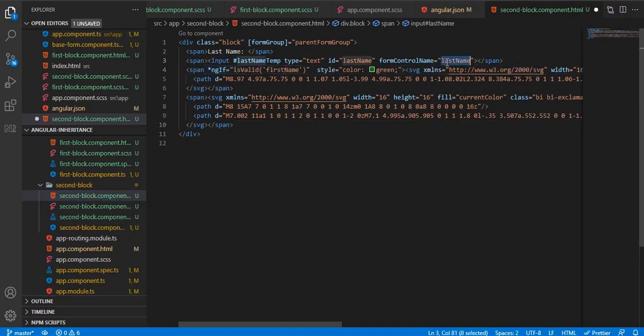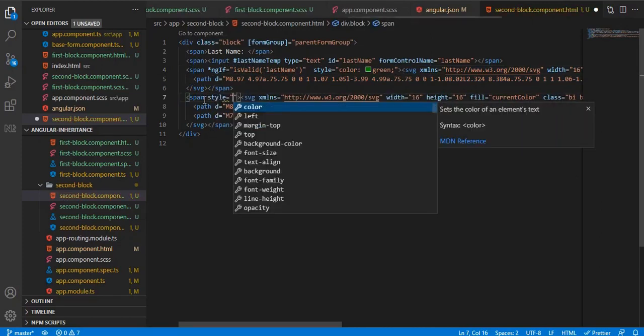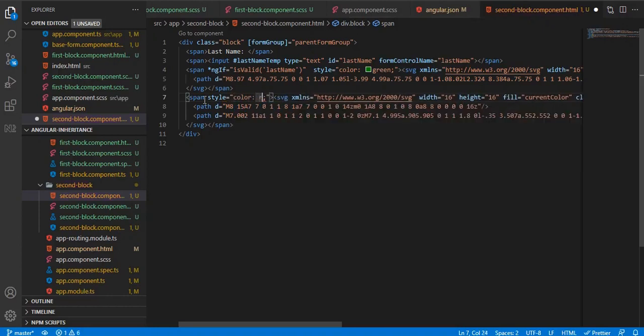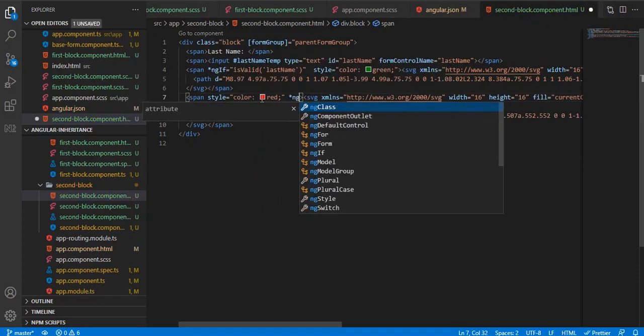This would be last name. Okay, and now the error block, let's just give this a color, style, color red for now. Now also we need to give it an ngIf, so this will get triggered only if